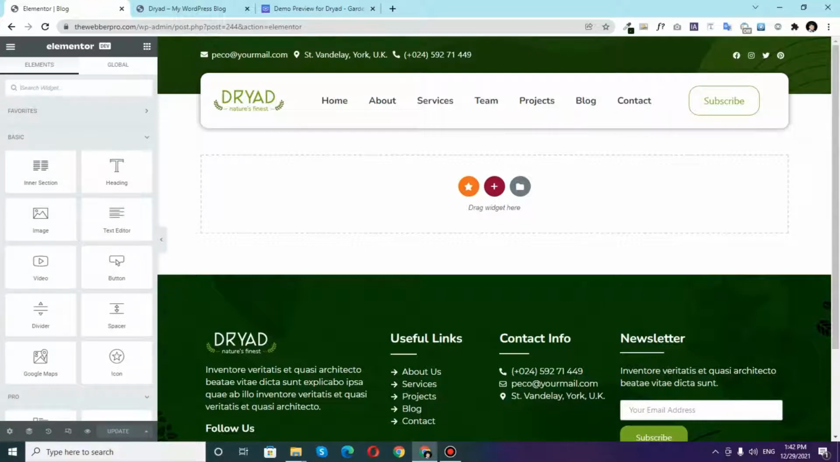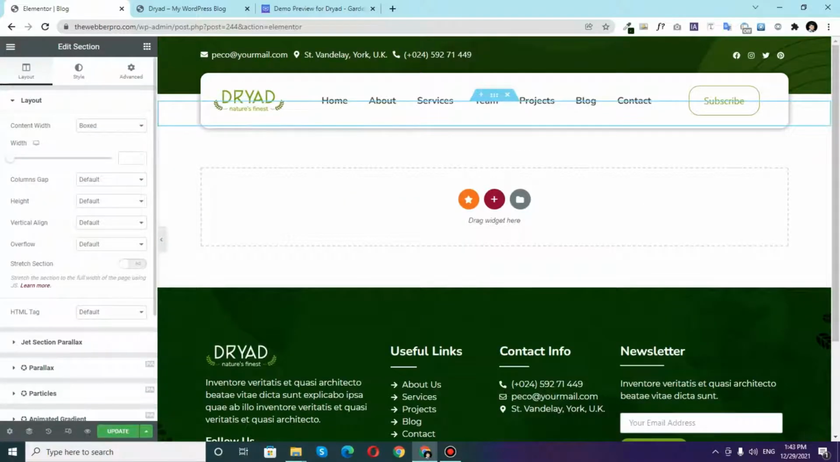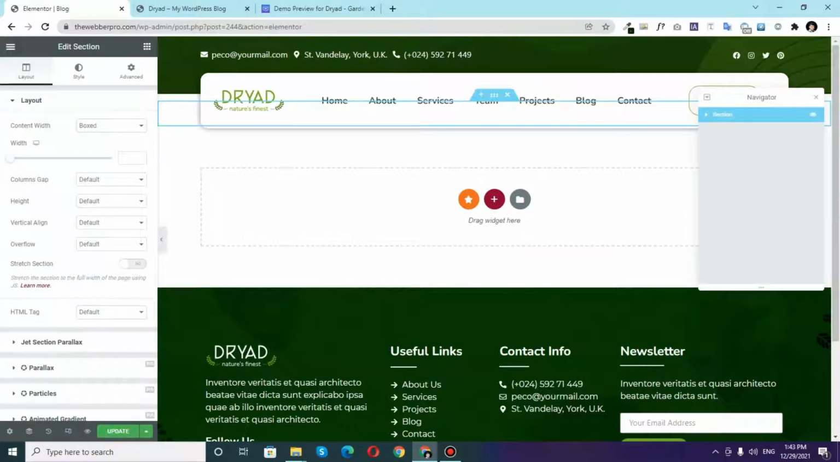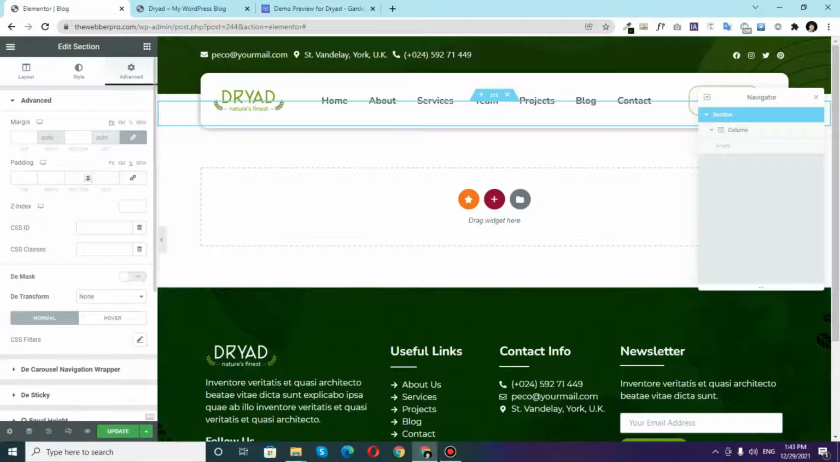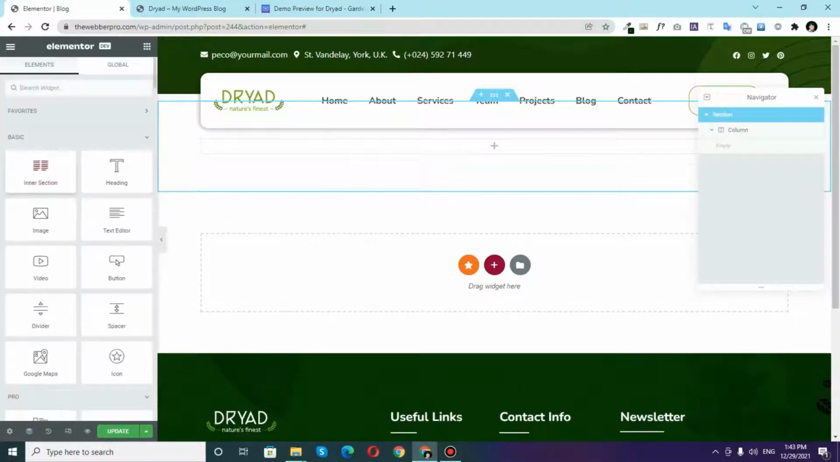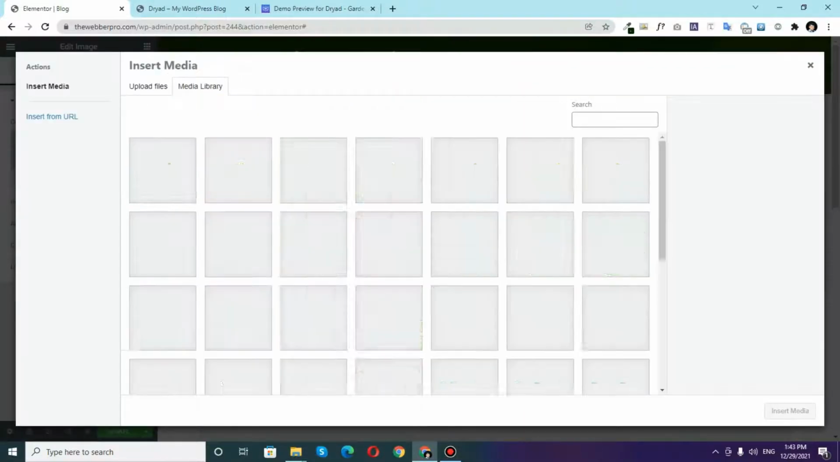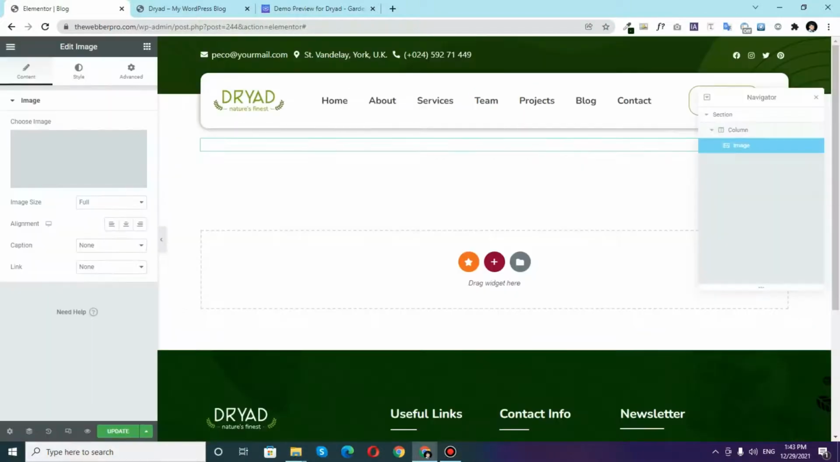Once Elementor has loaded, I will once again create a single column section, and in here I'll actually open the navigator. In the navigator I want to add some padding, probably 5% on top and 5% on the bottom, and then I'll choose the image widget. Once again I'll keep it as full size image, and I want to use this image as the background of